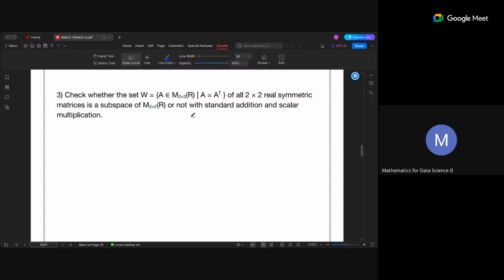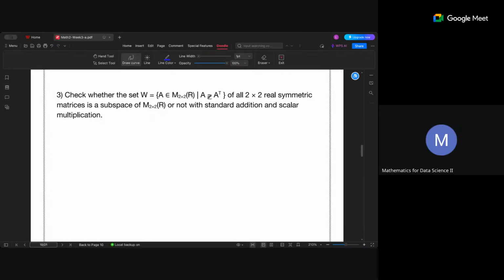Okay, so here is something different we are going to consider. Please concentrate. So far we have seen examples from Rn and subsets of Rn. Now we are going to look at matrix spaces. It is very similar to the concept we saw in Rn, just that now we have matrices. Let's say you have a subspace set W where you have the set of all 2 by 2